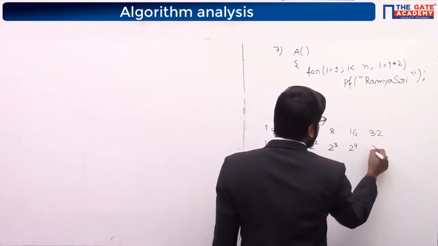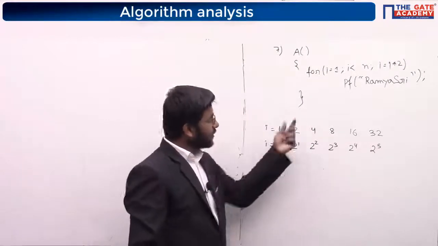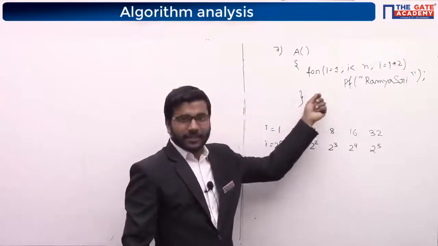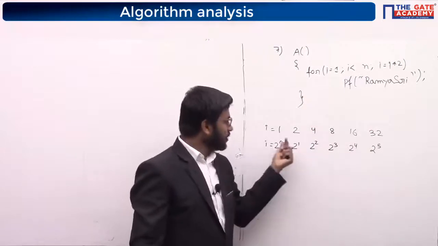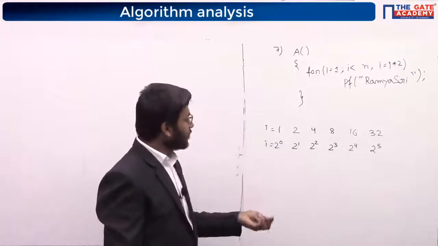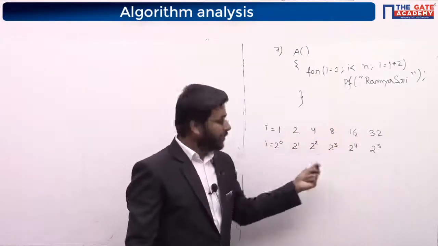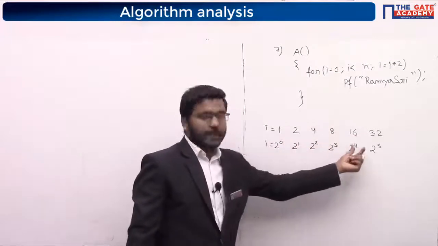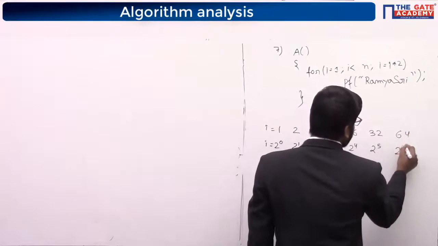So like this, it will go to 32. That is 2 to the power 5. So when n is 32, how many times is that program running? That for loop runs 5 times. First 1, 2, 3, 4, whatever will be in the power, that many times it is going to run, because it is multiplying by 2 now. It is not depending on this. It is depending on 0, 1, 2, 3 like this. So again when 64 happens, 6.